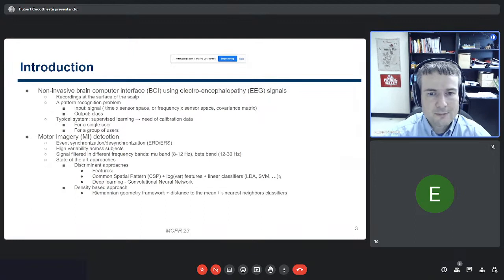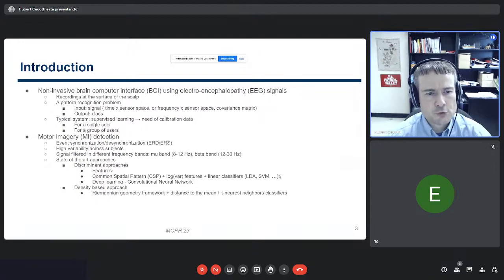We have some very big problems in terms of the non-stationarity of the EEG signal, so there is a need to recalibrate quite regularly over time. You change the EEG cap, you get used to the task. There are lots of issues where just relying on supervised learning, using calibration data, is not going to be enough. We can deal with this issue while still staying supervised by learning with a large data set, from a single user or from a large group of users,